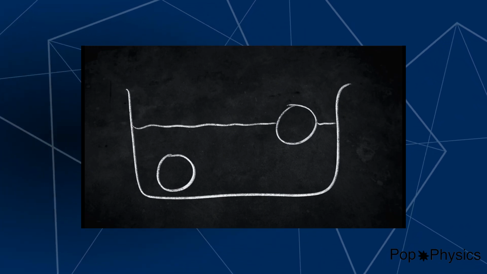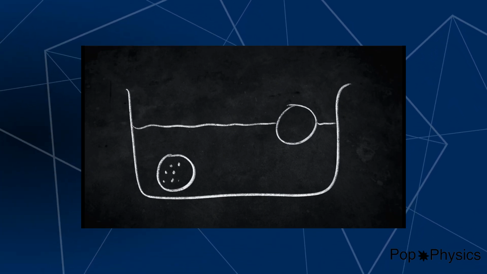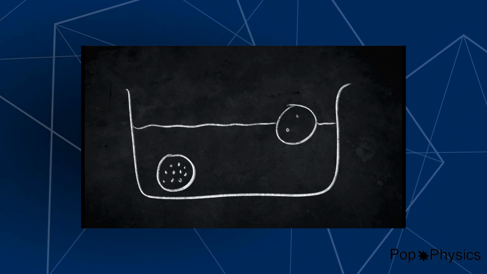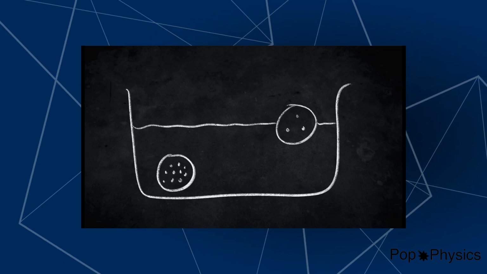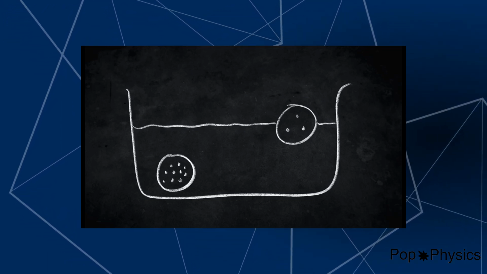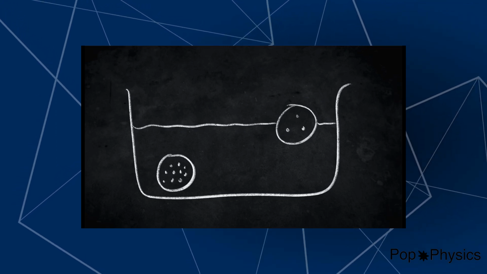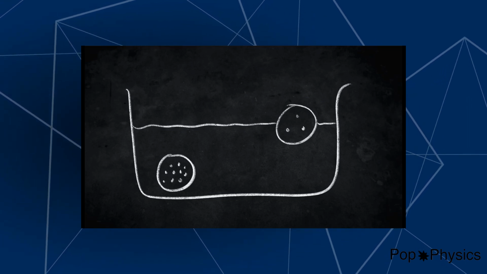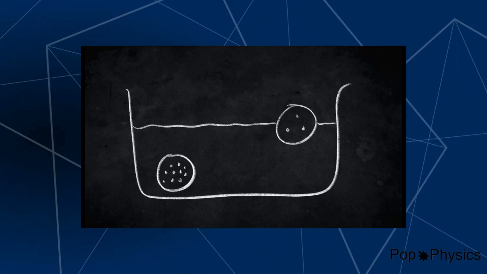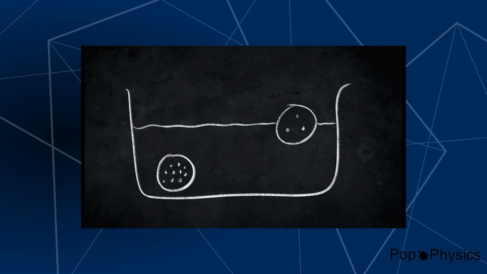But what exactly is density? Well, you can imagine density like this. As you can see, there are two objects in front of you. The object on the left is filled with lots of balls, and the object on the right has much fewer balls. The one on the left has a higher density, and so it sinks, whereas the one on the right has much fewer balls, and so this causes it to float.